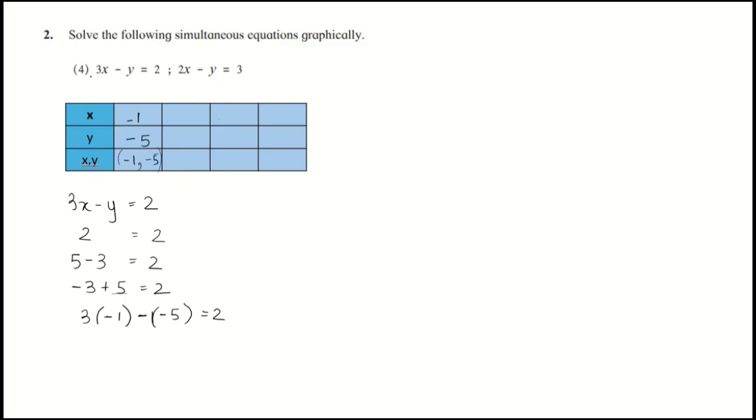Now let's try to get the remaining 3 points for x and 3 points for y. Write down the equation 3x minus y is equal to 2. Possible points: if we take 0 plus 2 is equal to 2, this can also be written as 3 into 0, which is 0, plus 2 can also be written as minus into minus 2. Why are we taking y as minus? Because in the equation we have a minus sign. If we solve this, we will get the answer as 2.